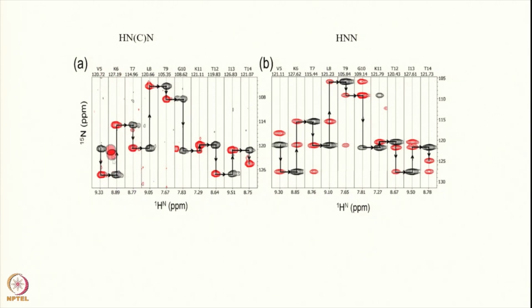See, this is 5, so this is shown on the top, the sequence is given here 5, 6, 7, 8, 9, 10, 11, 12, 13, 14 for the same sequence here through the HNN spectrum, how you are walking, and how you are doing it here for the HNCN. You can do the sequential walk through both spectra, whether through HNCN or HNN. So you see, you go from 5 to here, 6 the appear sign, then you go from here to here, here to here, here to here, the same positive negative combinations, but now